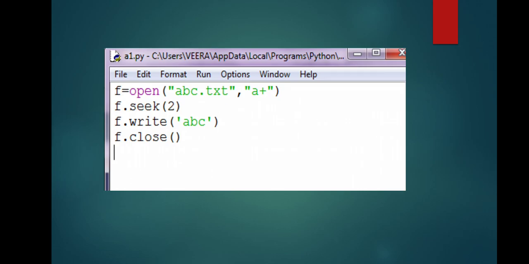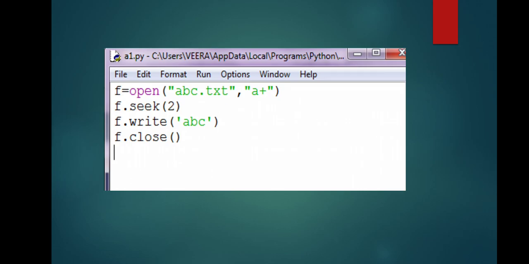So we are at the last of the file, and I am trying to position the cursor at a point which is before the current location of the file, right? So I am trying to shift the cursor in the backward direction, even though I am not using the reference point 1 or 2, but then also this way also I am trying to shift the cursor in the backward position.